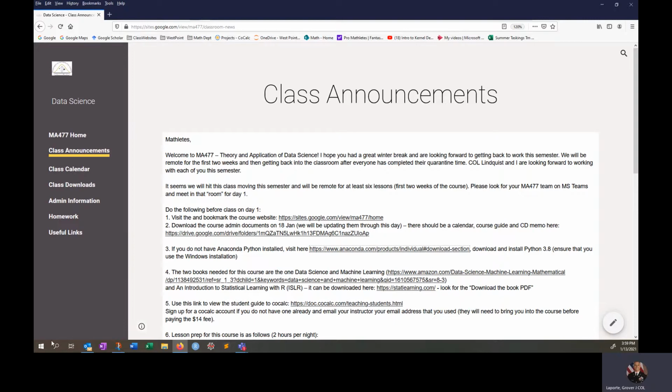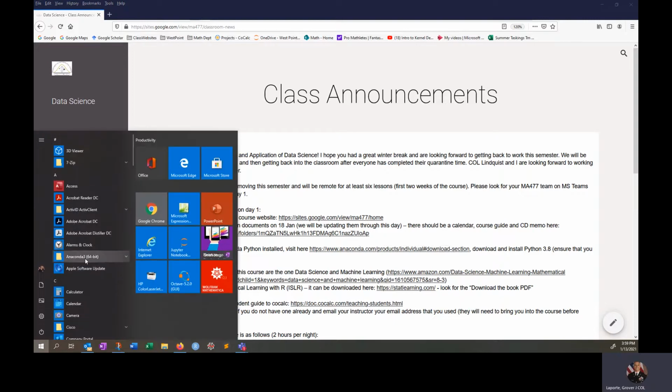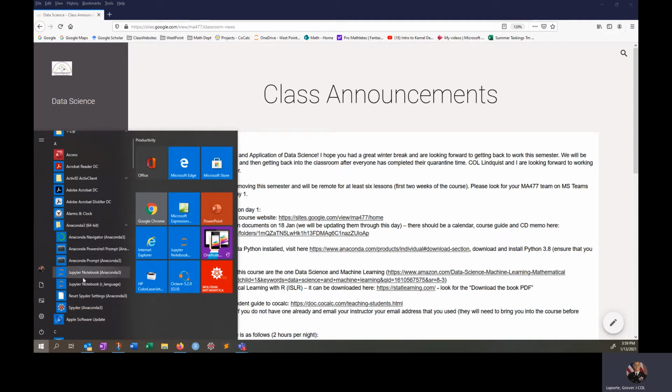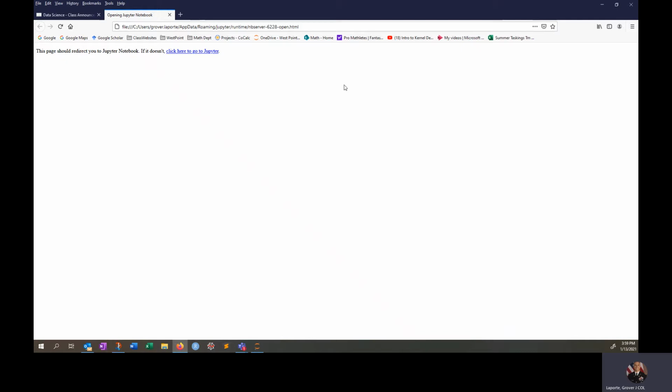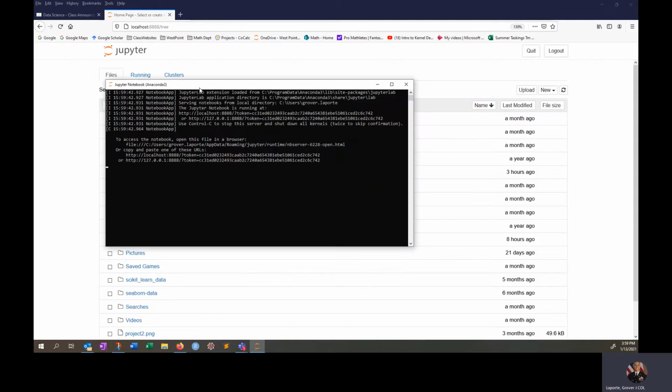All right, so once you have Anaconda Python installed, you'll see something like this folder here where it says Anaconda3 64-bit. If you were to go down here and click, you probably don't have the R language, so don't worry about that one. This Jupyter Notebook, if you click on that button, you'll see this. Here, let me see if I can pull it over. You'll see this thing pop up,